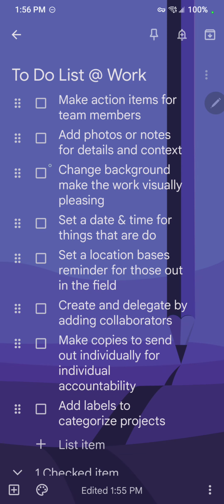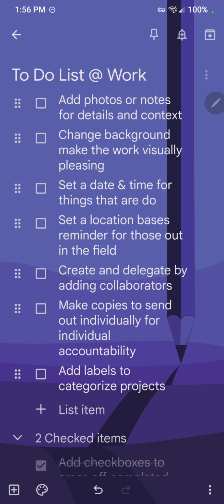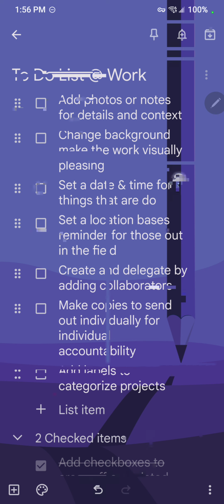So you can make action items for team members. For example, maybe you're a boss who likes to plan out your day and plan out the things that need to be done for others. You can make your to-do items, add them as a collaborator using their email address, and then they'll get a copy of it. And as they click off items, you can check off the things that have been done. Then you yourself will be able to look and see where they are in terms of their progress. So I'm going to switch back to my personal,